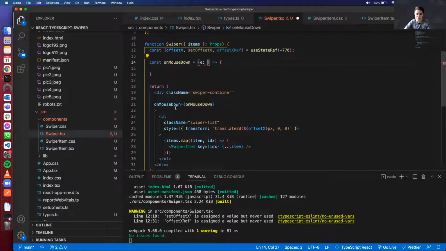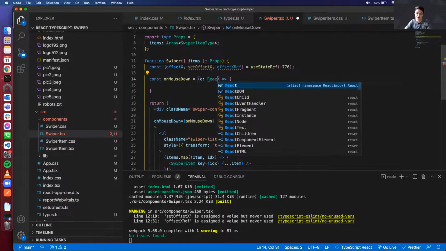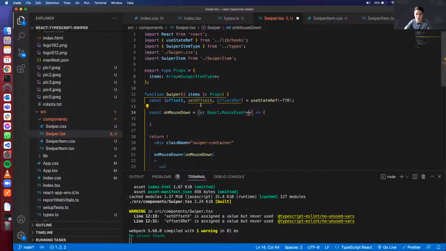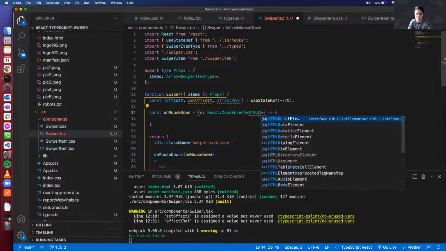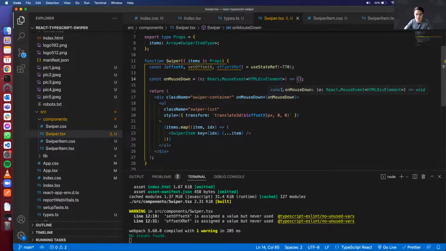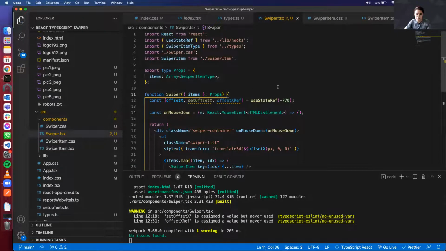Since I'm attaching it in a React way, we're going to use React.MouseEvent, and it accepts an argument, which is basically the type of the HTML. So this is an HTMLDivElement. All right, and then